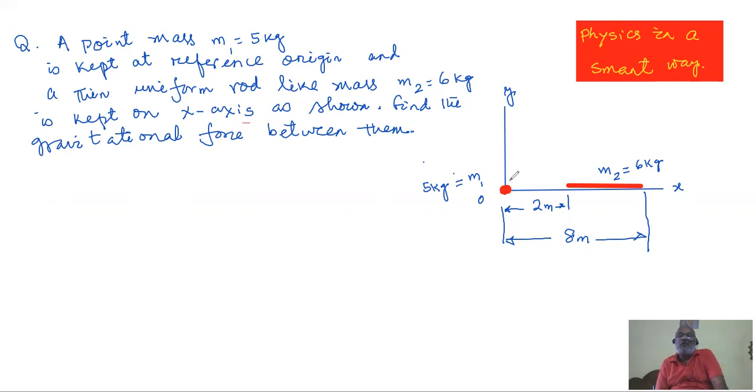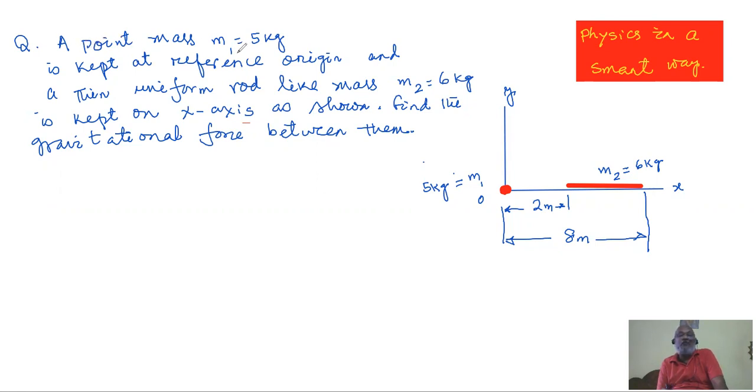Everybody is aware of Newton's third law of motion, and we know action and reaction are equal and opposite, and we are aware that the force with which the mass m1 pulls mass m2 is the same force the mass m2 exerts on mass m1. We are very sure of that. So we are going for the solution. But first of all, the question needs to be repeated. You must be knowing the question fully well.